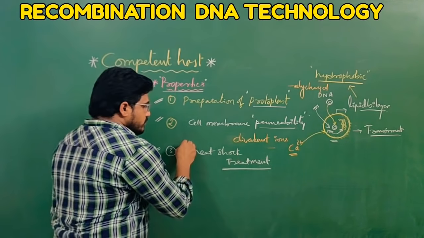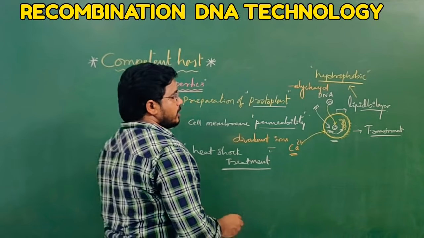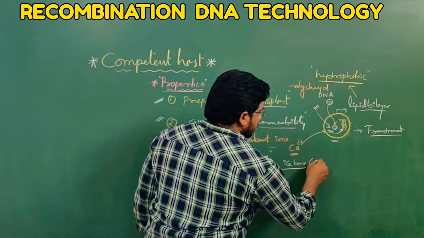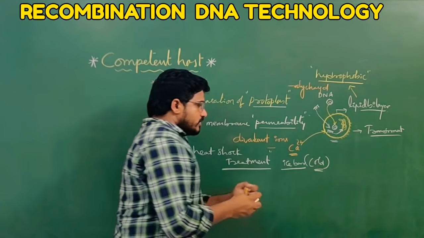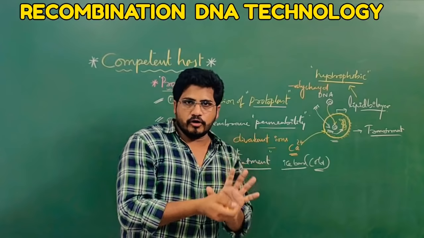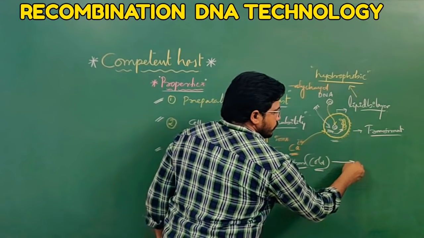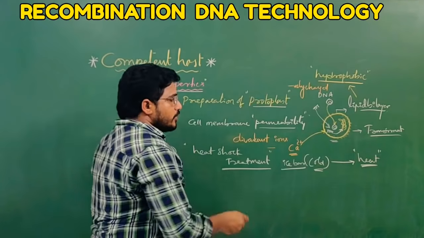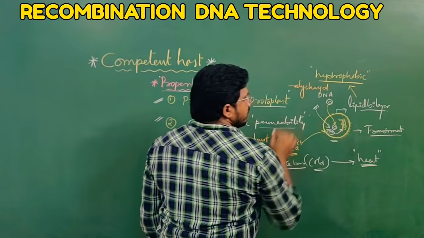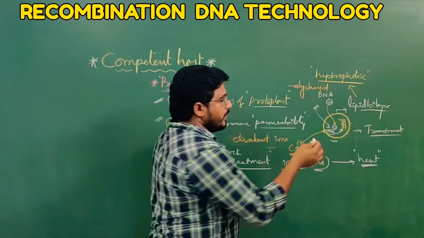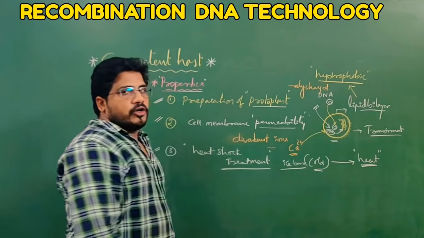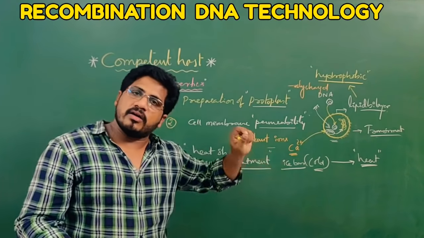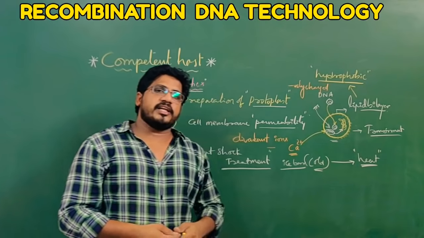This gene does not have an ORI, so this gene will go and incorporate into the host genome. For that, we use heat shock treatment. What is heat shock treatment? In cold or ice baths, they produce a cold environment, just like a frozen area. If you place the host there, you immediately transfer it to a heat environment. During this fluctuation, the desired gene may interact with the genome, so that as the host genome is multiplying, the desired gene is already incorporated and also multiplying. After culturing, we can extract.